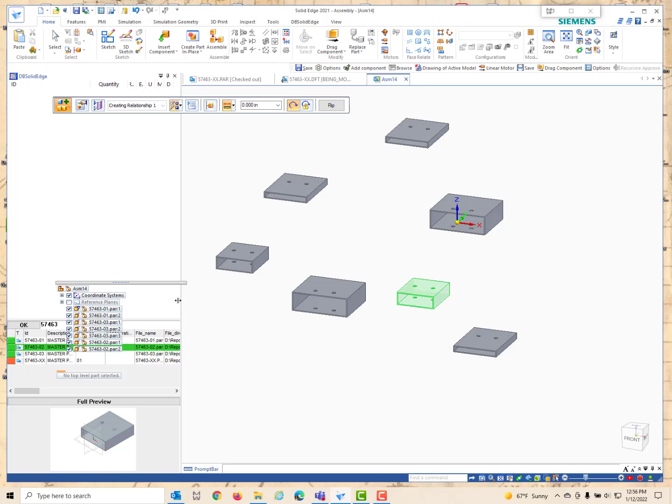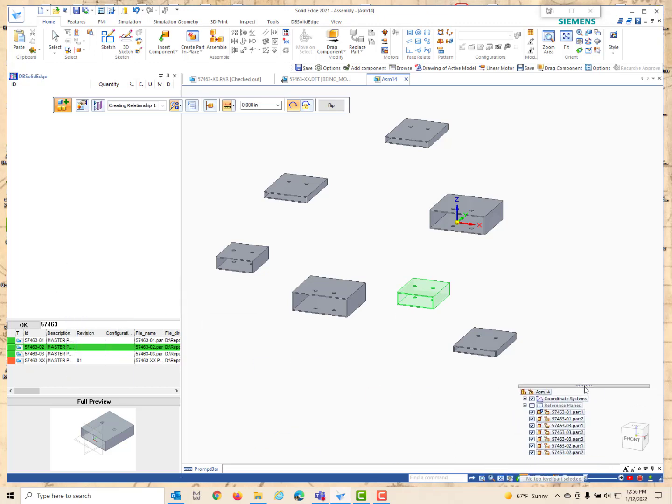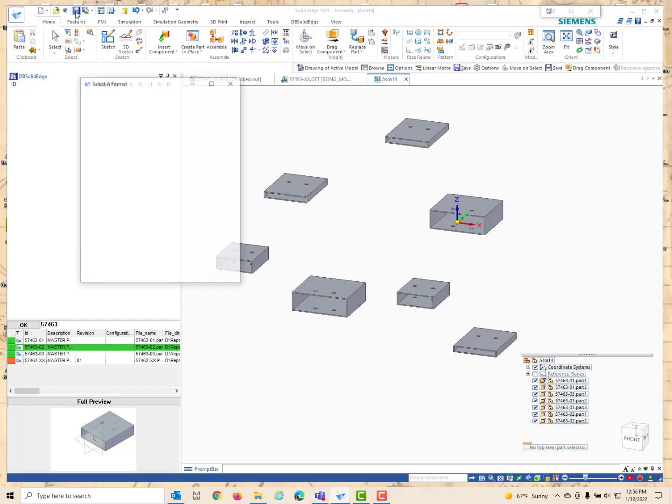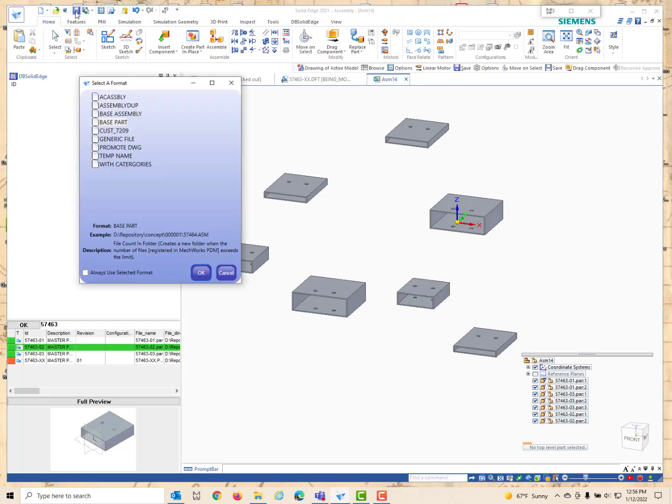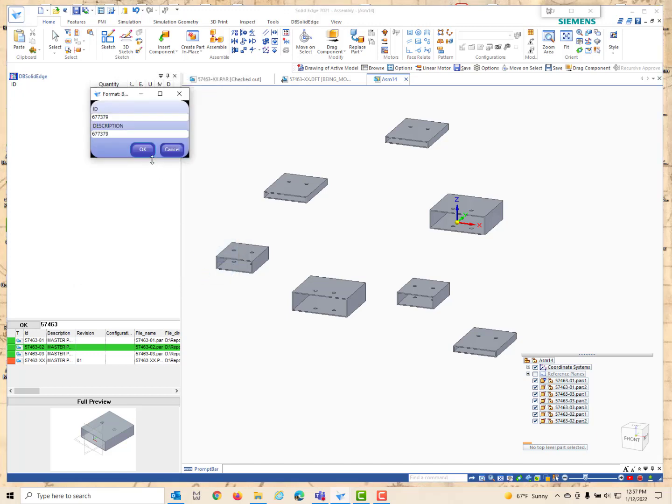There. Let's move this out the way. Okay, so now what the user is going to do is go ahead and just save this assembly. And again, the user is going to be presented with the automatic numbering formats. This time, the user is going to select this base assembly, select OK, and we're going to call this